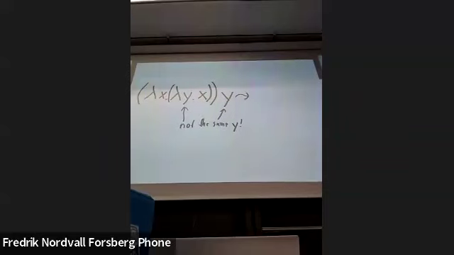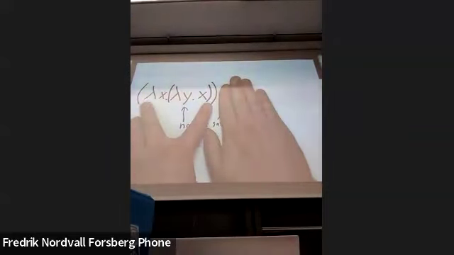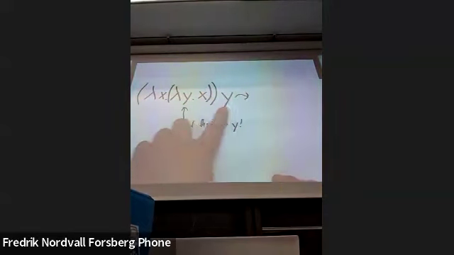So maybe if we take a step back, if we just look at this function, then what do we expect this function to be doing? Well, it's taking an argument, let's call it x, then it's taking another argument, and then it's returning x, right? So it's taking a first argument, ignoring a second argument, and returning the first argument. But if we were to substitute y in for x, then what we will get will be the function that takes a y and returns y. That's not the same function, right? So something has gone wrong if we do this substitution naively, blindly like this. That's what we're trying to say.